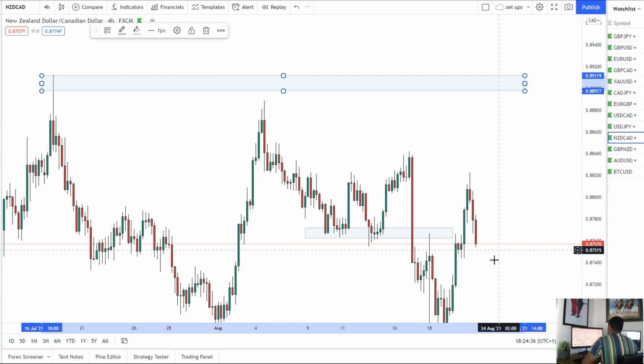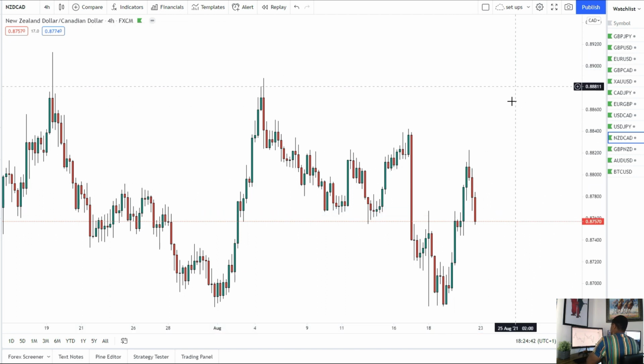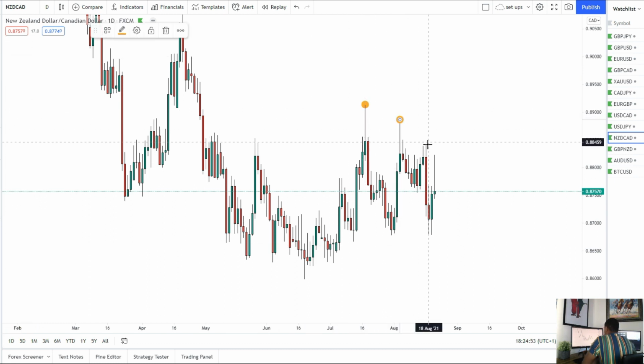It broke through that. We did see some big moves to the upside later on in the week, but I think for NZD CAD, I'm just going to change my bias completely, because looking at the structure here on the higher time frames, it does look like we are putting in those lower highs there in the market. So just highlight them now. You can see there's our first high, next lower high, next lower high, and next lower high with these wicks